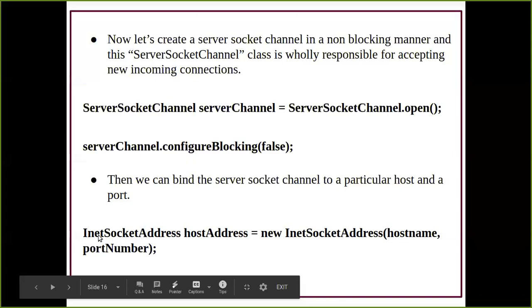This is a class which is responsible to accept host name and port number, this is an object which is going to carry that host name and port number, and this is the constructor inside which I'm going to have the host name and the port number. Whichever host name comes from the client is going to get stored over here, and the port number as well, and both are going to get stored into the object. Fine.